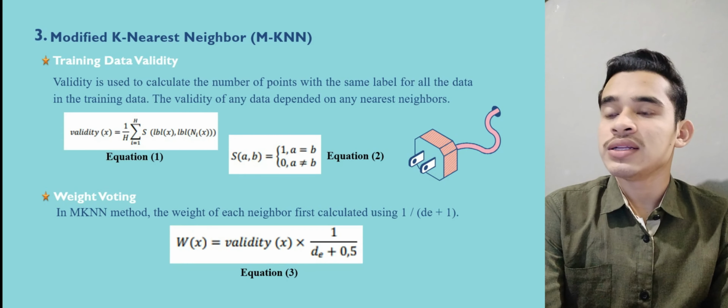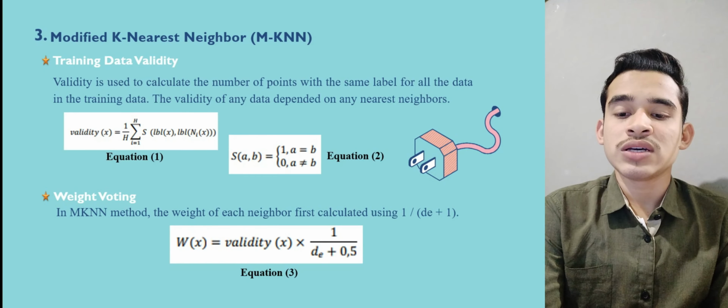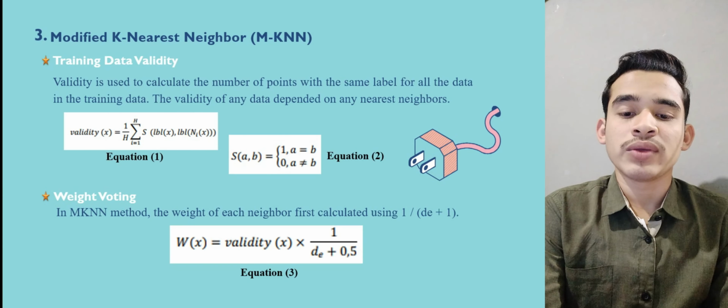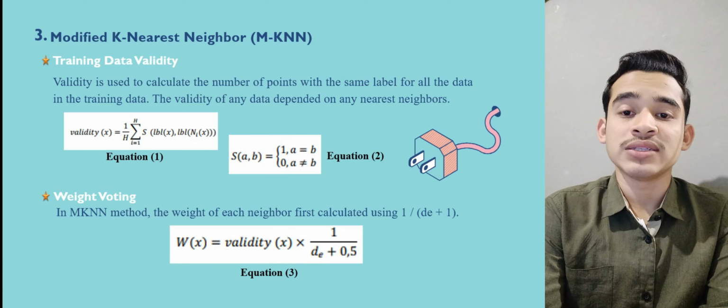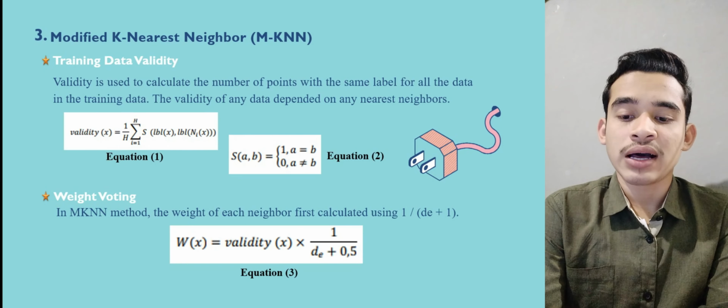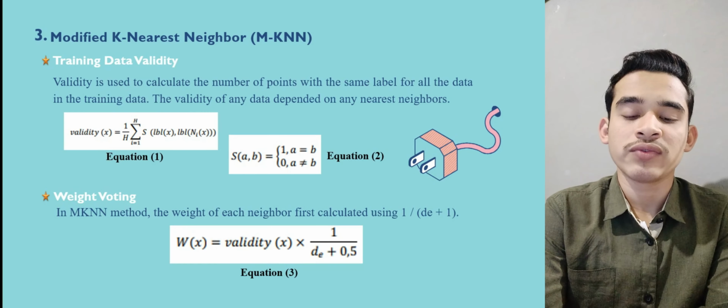Training data validity. Validity is used to calculate the number of points with the same label for all the data in the training data. The validity of any data depends on its neighbors. After validating the data, the validity information is used. Equation 1 is used to calculate the validity of a training data,